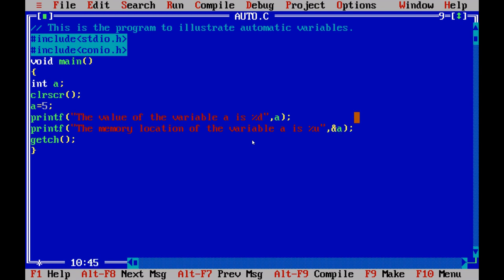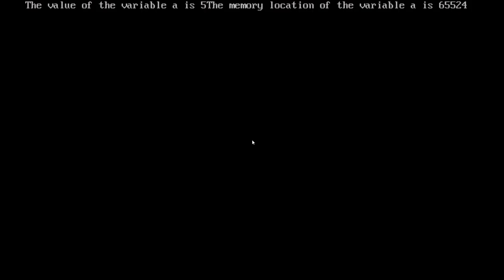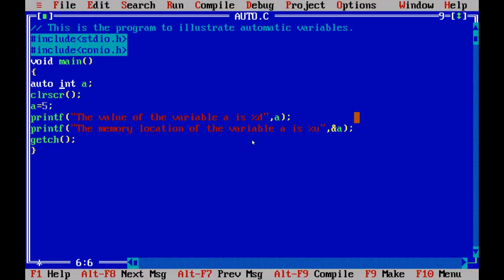Even if you store it by means of the keyword auto, you will not find any difference here. I am just giving the keyword auto and I'm running my program. Again I'm getting the memory locations only. There is no change in it, right? So this is the thing.